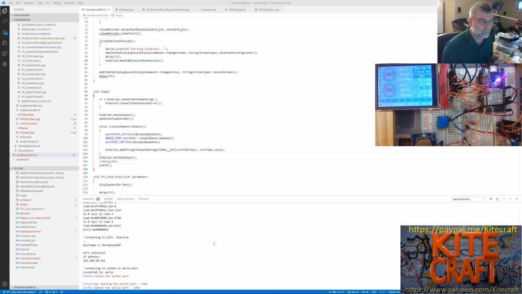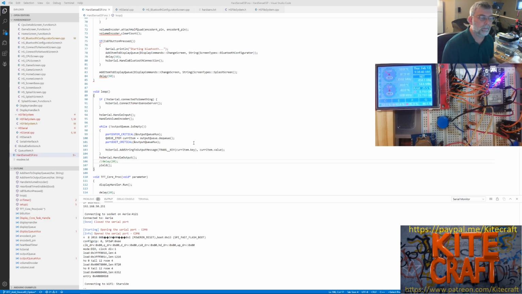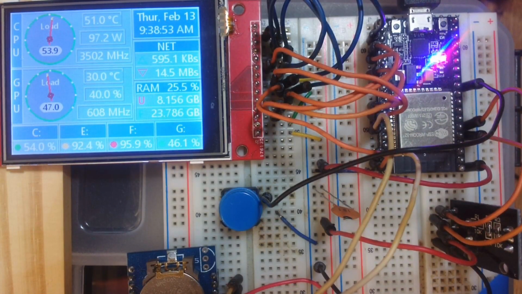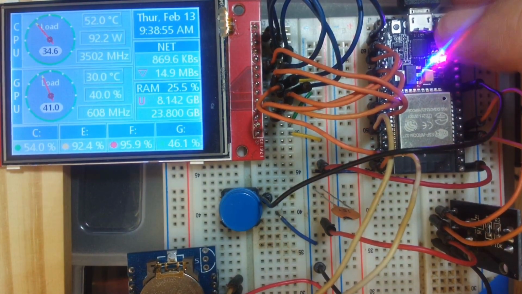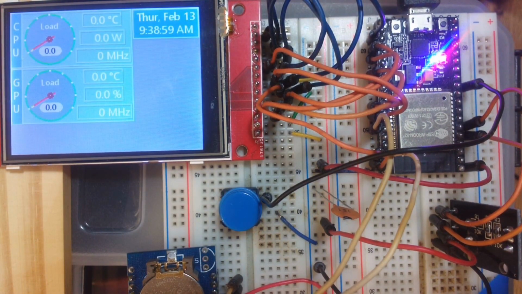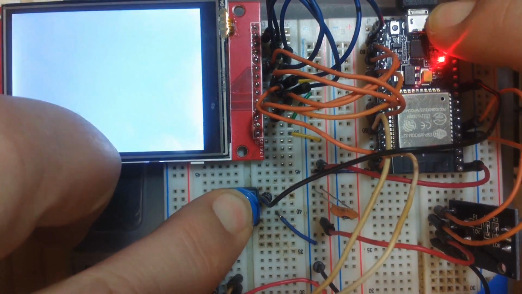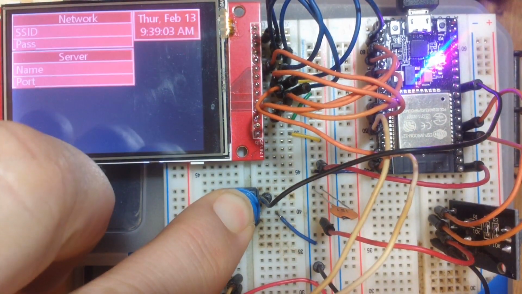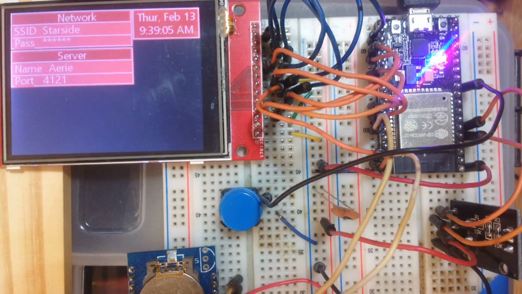Hey, that worked. Connecting to Wi-Fi. Why does it still say that? You know what? I'm going to leave it. It's good enough for me. Let's have a close-up look. Yep, let's go into Bluetooth mode. Okay, so what we're going to do now